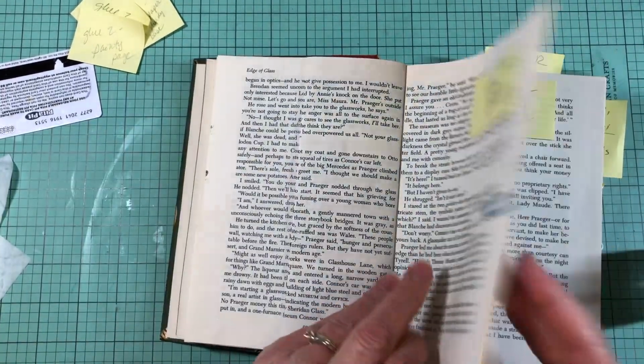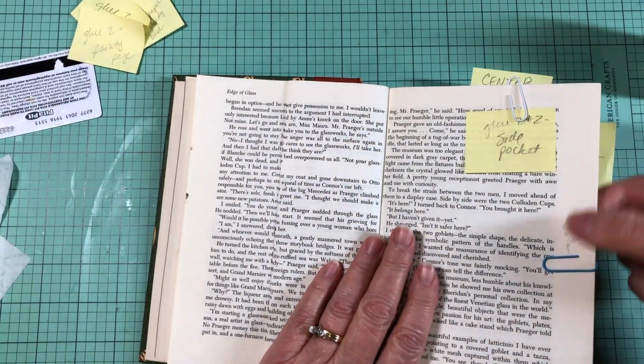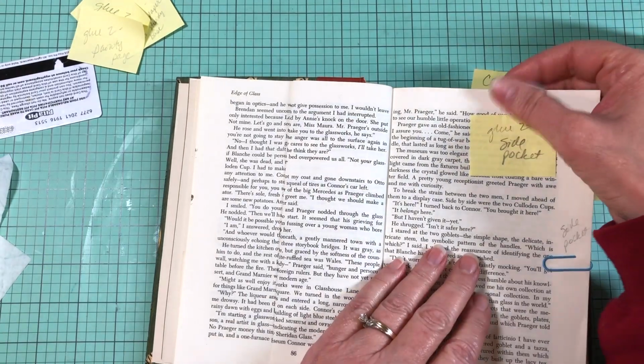And then I'm back here. Okay, let's do this one really quick. I decided I would put in some big side pockets that load along the side, but I do not want to